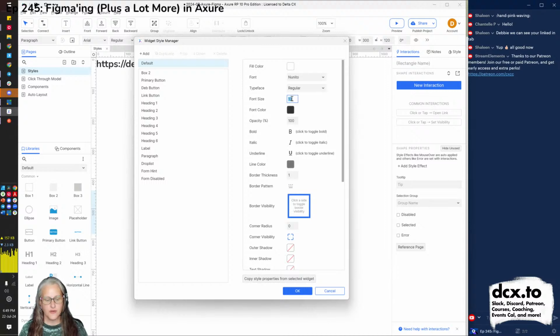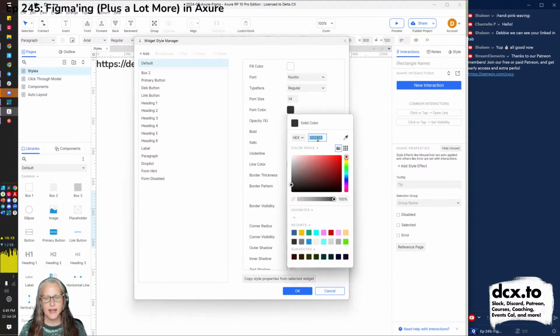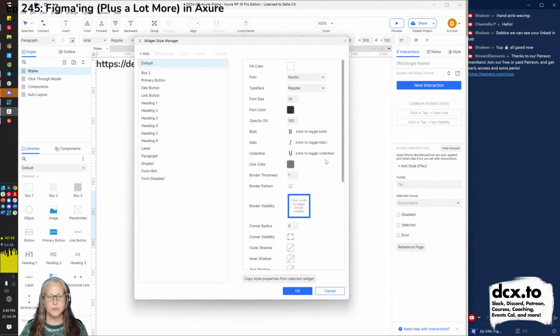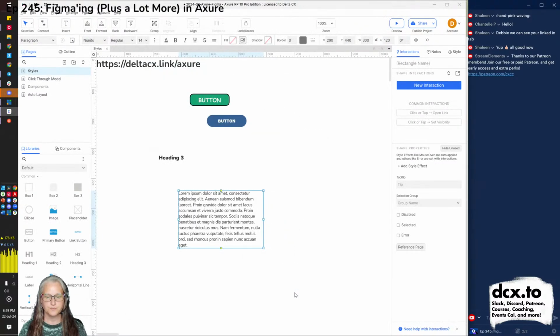I never want to see a font size smaller than 15, 16, you know, however your company does it, 14, whatever it might be. Font color, we use black or almost black or whatever it might be. And by default, I want no borders on stuff. And these are my defaults. But I'm going to leave the border on stuff for now. So now you can see that automatically changed this paragraph to Nunito. How do we know? It's up here in our bar. And that way you can set those defaults.